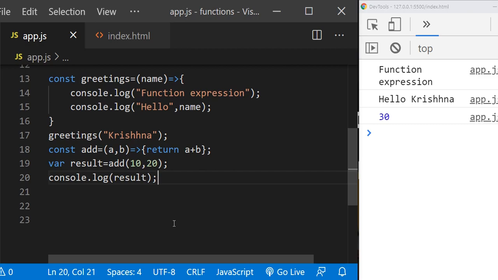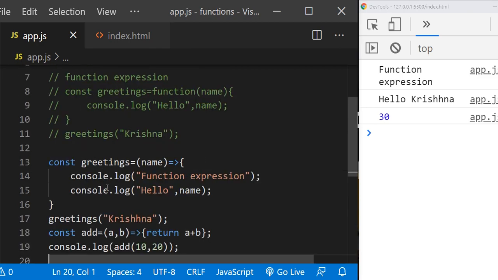In JavaScript, we started from the basics and have come to the functions level. We should avoid writing code in multiple lines where a single line of code is enough. For example, here we just want to print the result. So we need to store the result of add 10 comma 20 and print it directly, and you can save it. You should be able to see the result. So this is about arrow functions. These arrow functions are similar to function expressions.